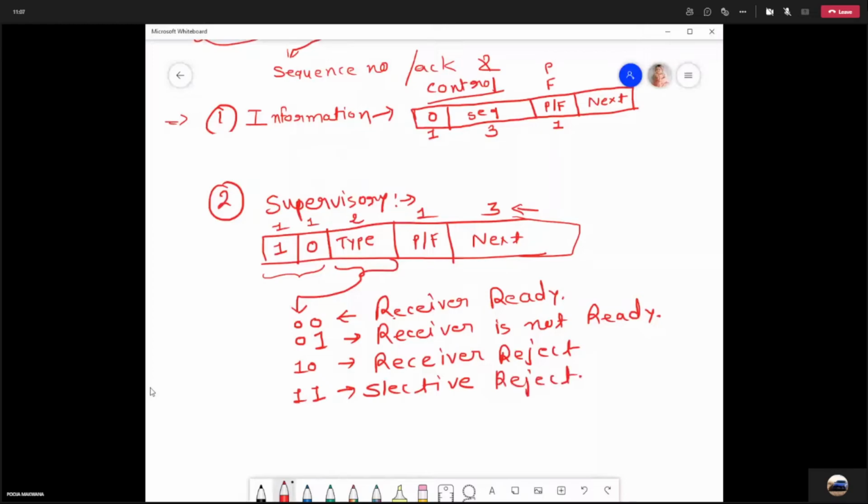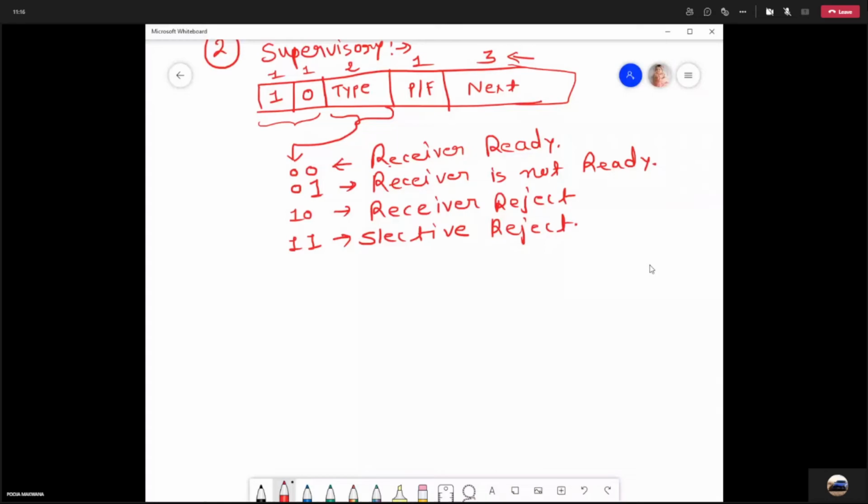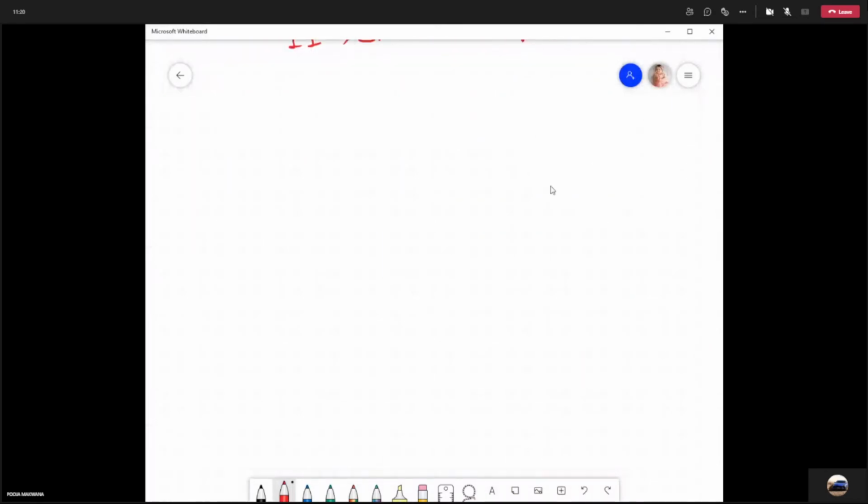So ultimately data has been rejected. Right. So this is the frame format, or you can say control field, of the supervisory frame. Then we have the unnumbered frame. So let us look at the unnumbered frame.